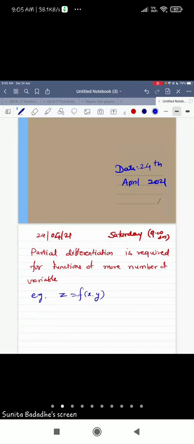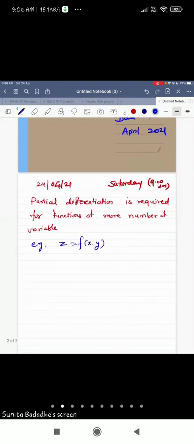when you are differentiating, what you are doing is considering the rate of change of one variable with respect to others. What is the meaning of differentiation? Differentiation means rate of change of one variable with respect to another. So if there is one variable, this is called the dependent variable, and here x and y are called the independent variables. When you have one dependent variable depending on more number of independent variables, whatever differentiation we get is called a partial derivative, right?